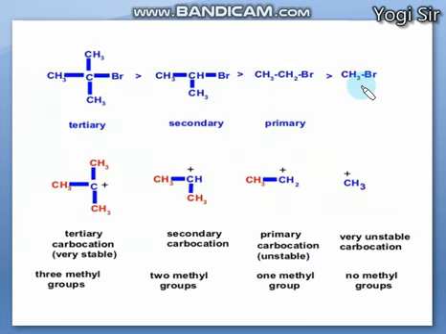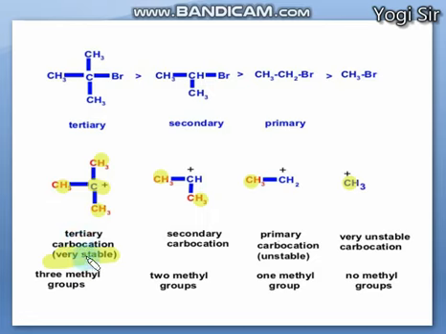Here you can see it is mentioned that as we go towards tertiary, the cation is more stable. You can see three methyl groups on the central carbon, so the tertiary carbocation is very much more stable due to the inductive effect of these methyl groups. Same way, secondary is slightly less stable, and primary is least stable because only one group is there, and last is the methyl functional group. So you can see the increasing order is going from primary to secondary to tertiary.